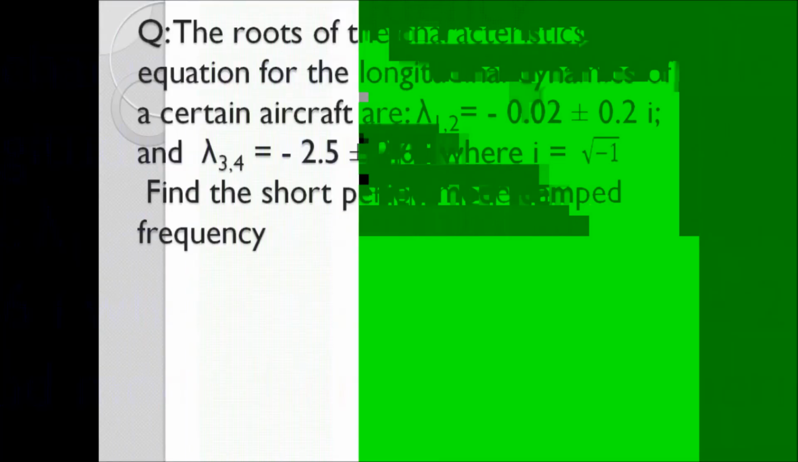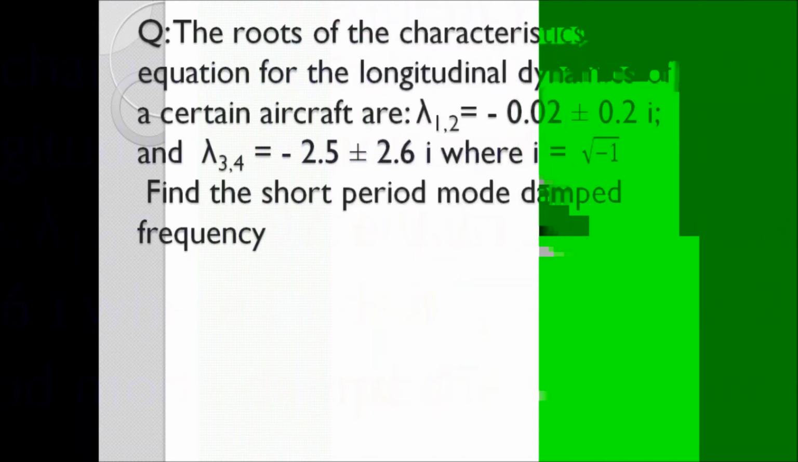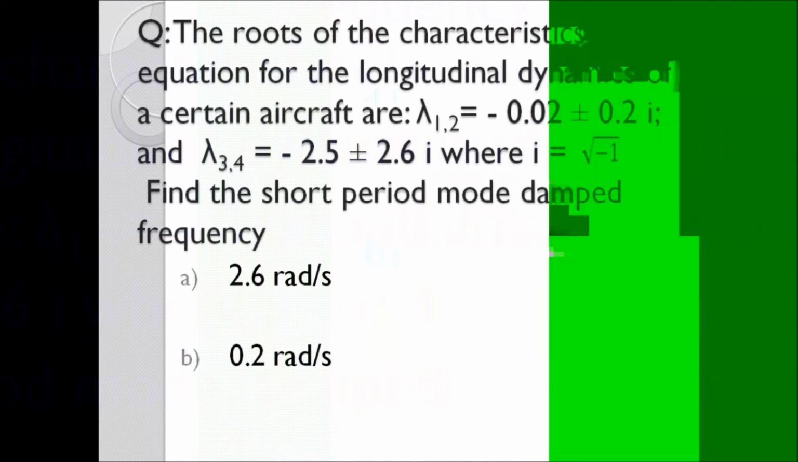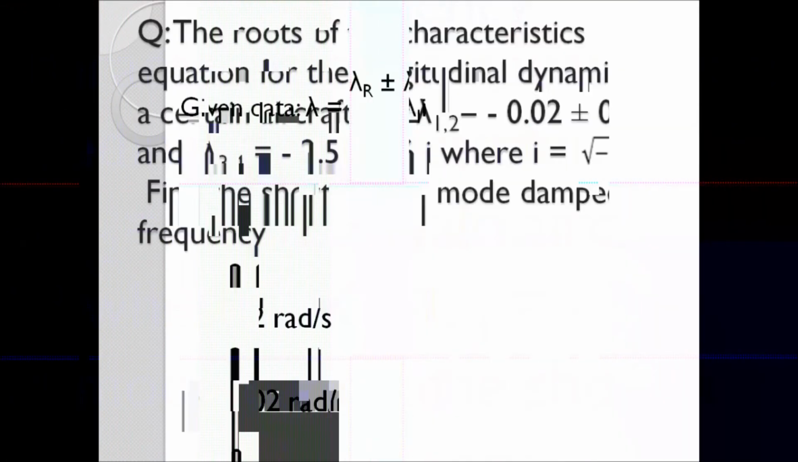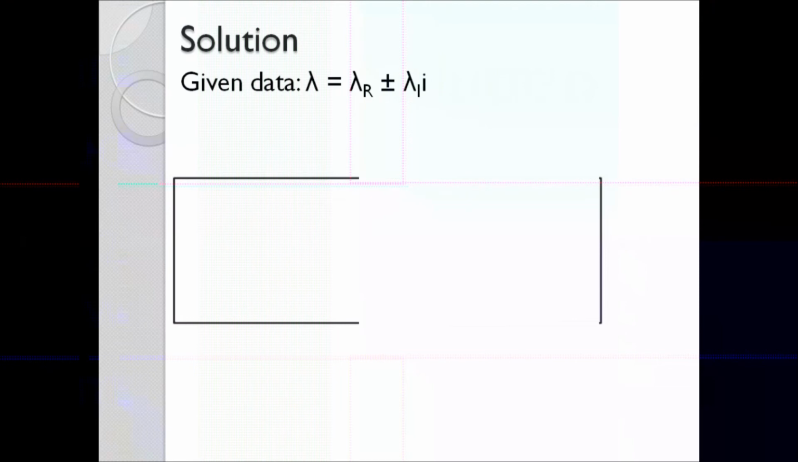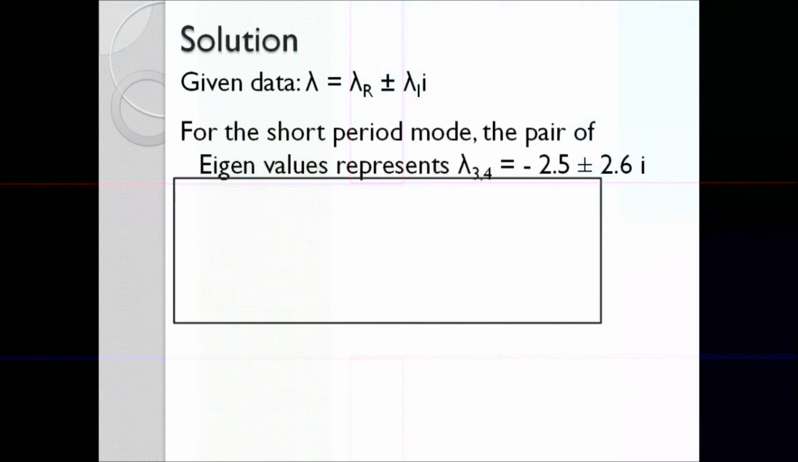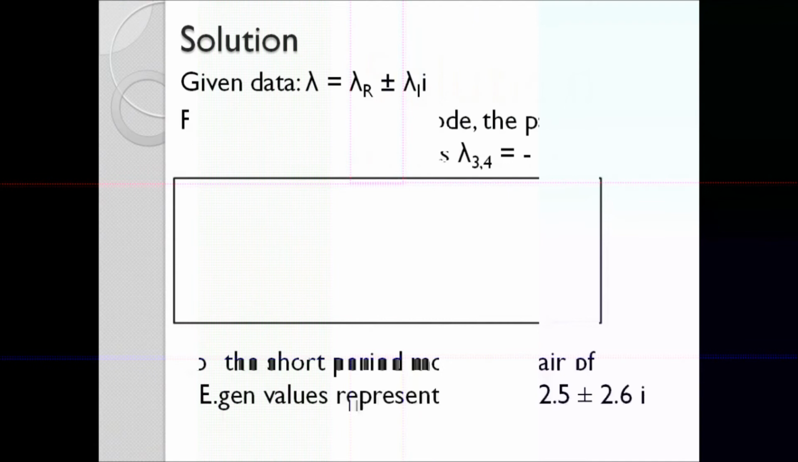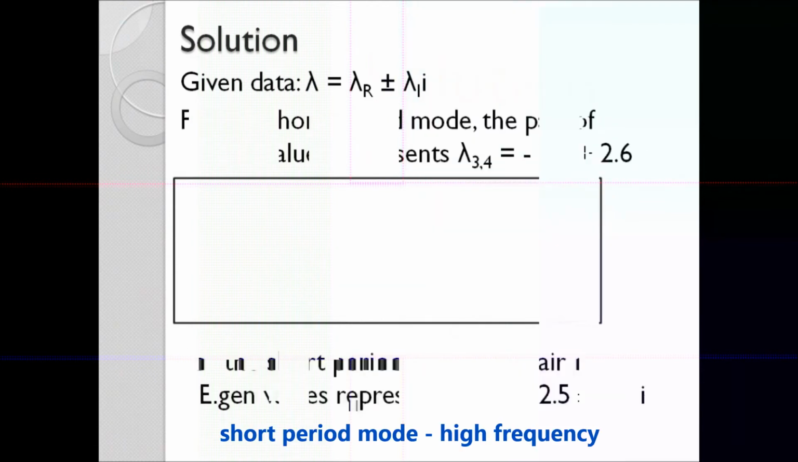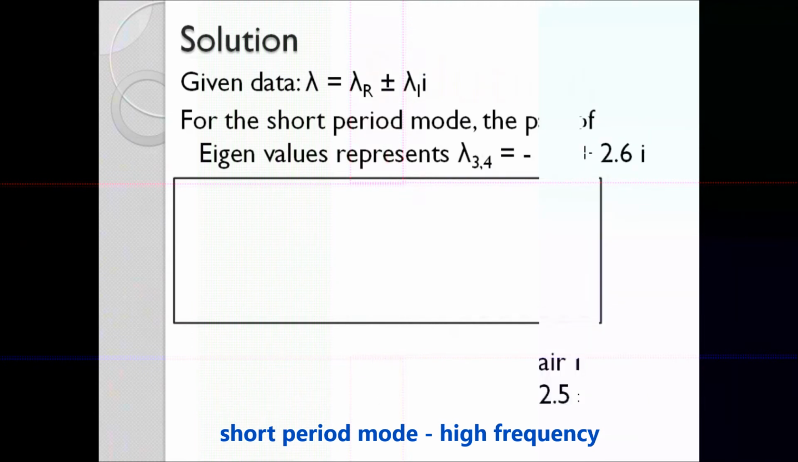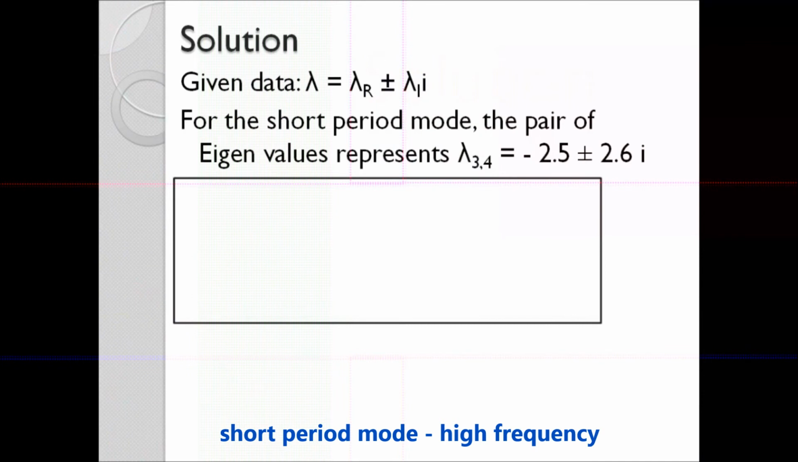Here they have given the lambda 1 2 and lambda 3 4, and from here you have to compare the data and find the short period mode damped frequency. So here you have to find the omega. Let's see the solution. Here we know lambda equals lambda r plus and minus lambda I times i. We have chosen minus 2.5 plus and minus 2.6 i as the short period, because compared to these two data sets this lambda r value is high, so obviously